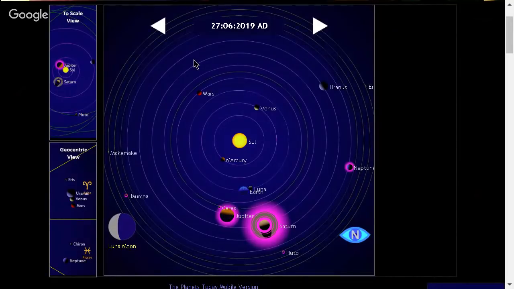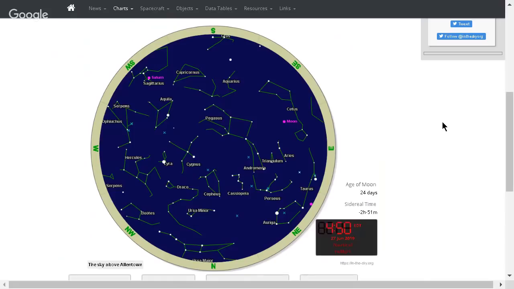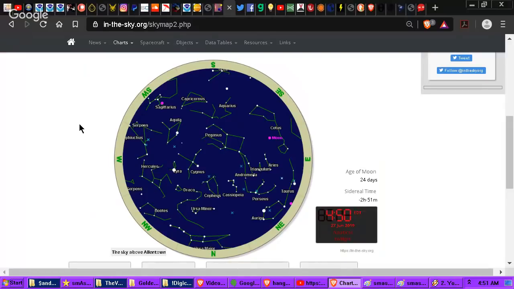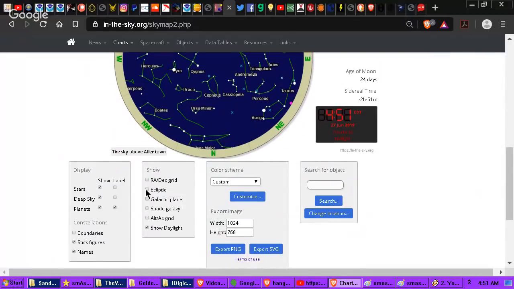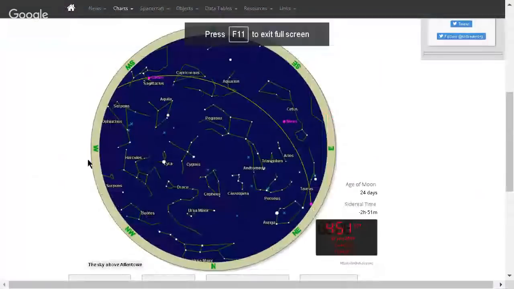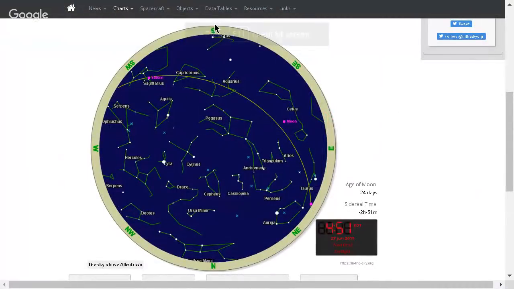Here's where things in the solar system are located now. Here's where they'll be in 7 days. New moon will have just passed as Earth approaches the Saturn conjunction. Here's where things are above my head. Check out in-the-sky.org to create your own sky map. I always like to draw in the ecliptic as my sofa faces to the south. So it's a perfect indication of things like Venus rising, the moon near its apex, and Saturn setting. If you've got a low horizon,